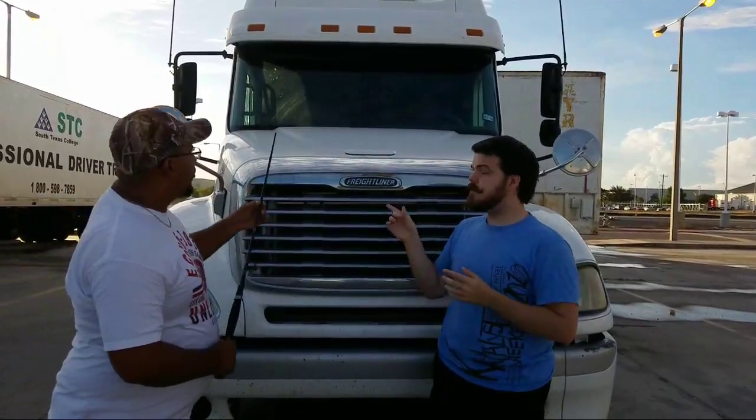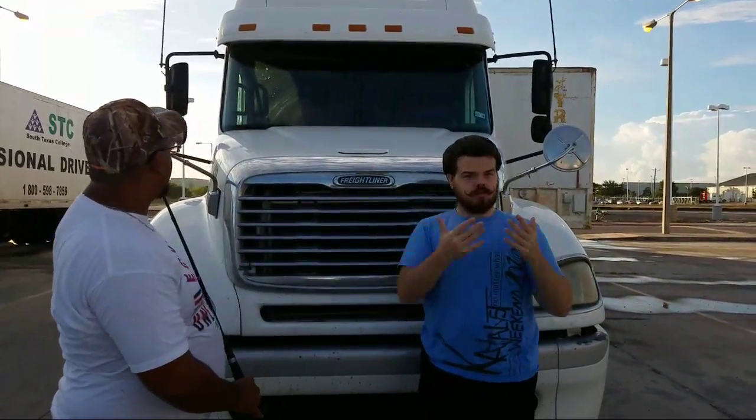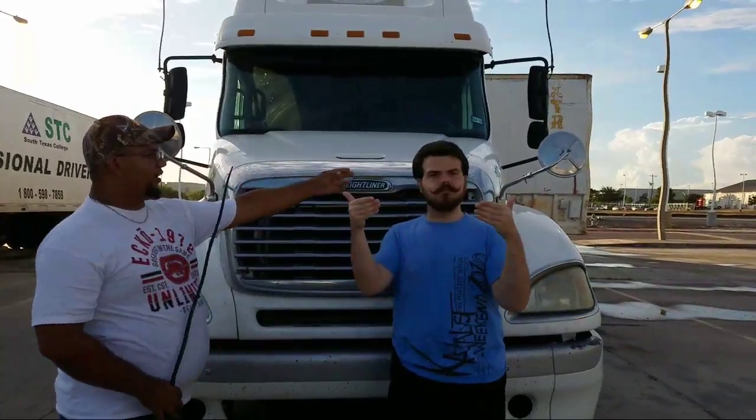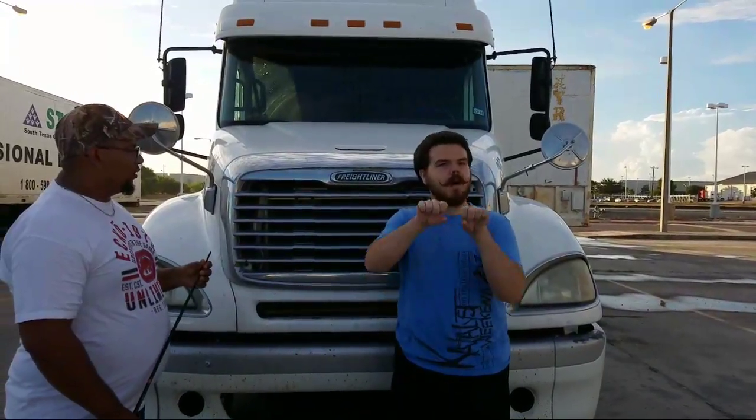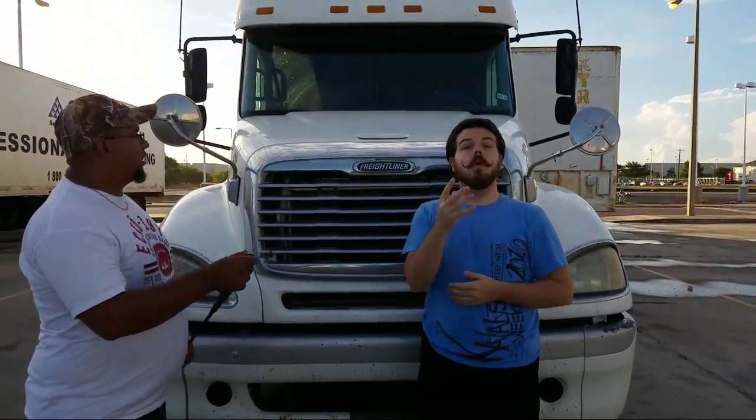From there, we're going to go ahead and go to our mirrors. We have the driver's side and the passenger side. We also have the blind spot mirrors up here in the front. On those mirrors, they have to be properly mounted, not cracked, not bent, and not broken. They must be clean. They must have no stickers, and they must